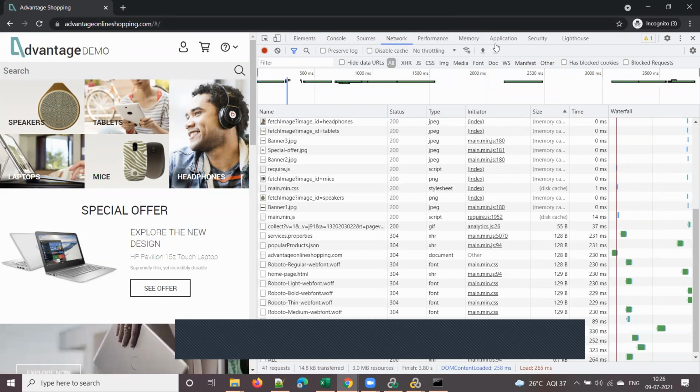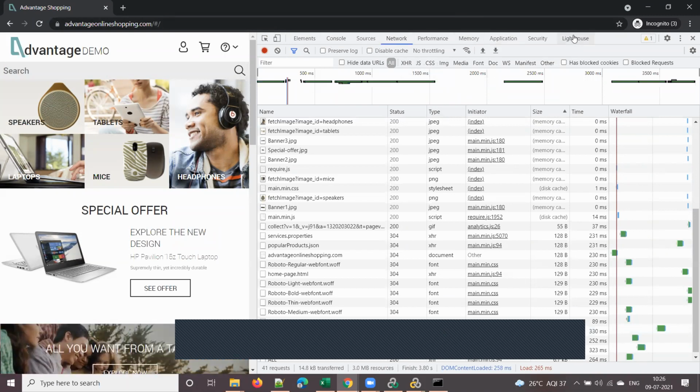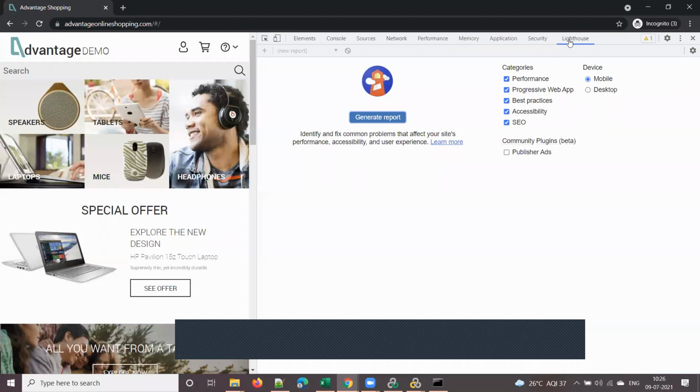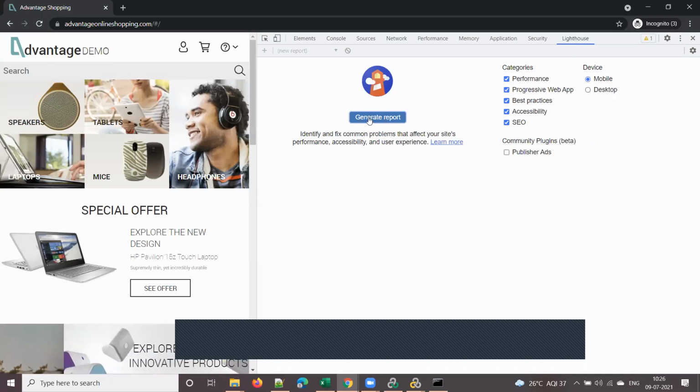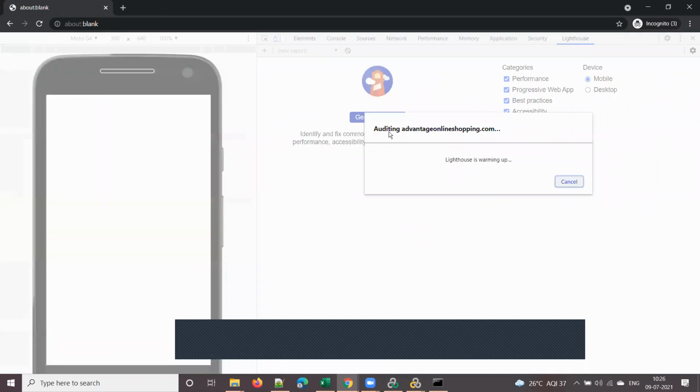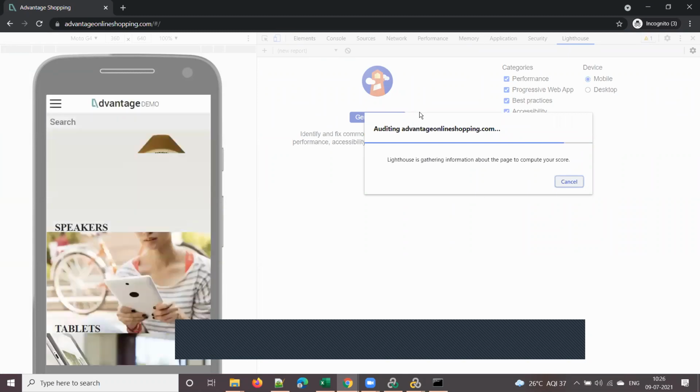Okay, performance tab and console tab, and there is one more called Lighthouse tab. So this is also another important one for performance testing, right? This Lighthouse tab. So if you go to Lighthouse tab and click on generate report, right? So it will show you the client side performance. So I'll explain that later. Once the scripting executions are completed, I'll explain what is the purpose of this Lighthouse and all.